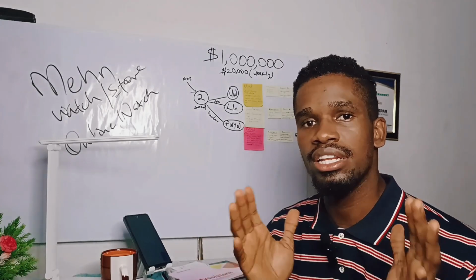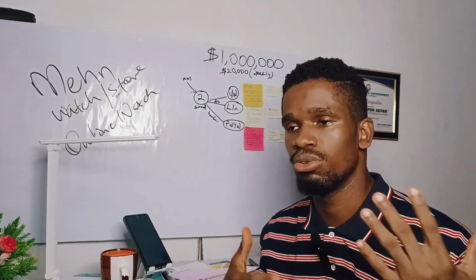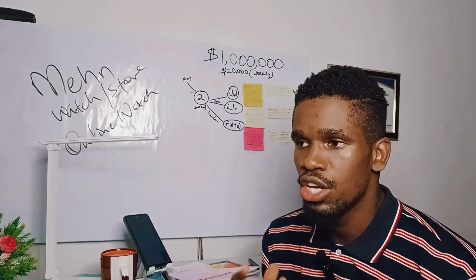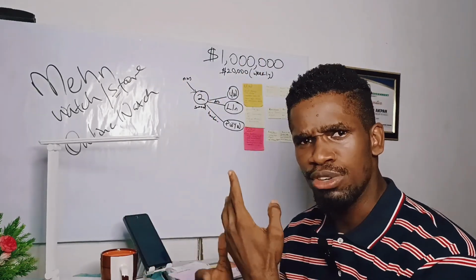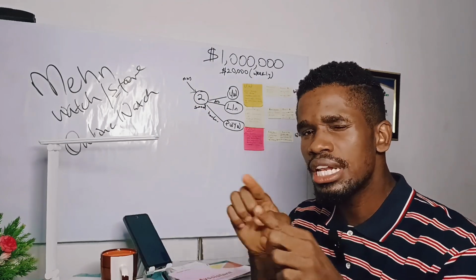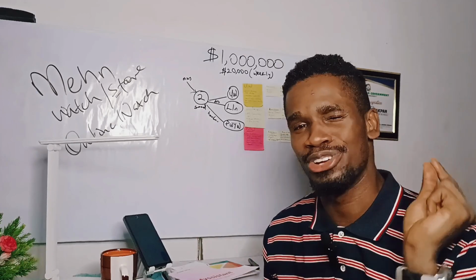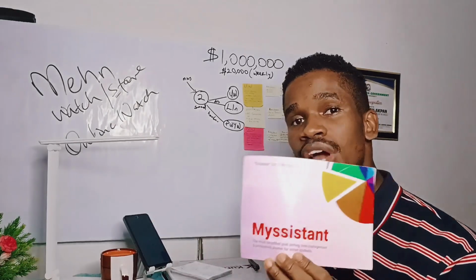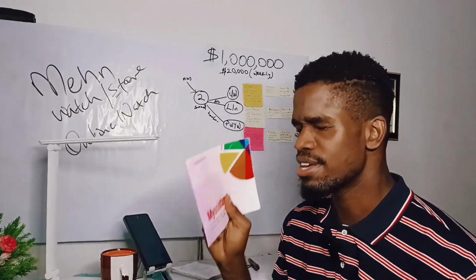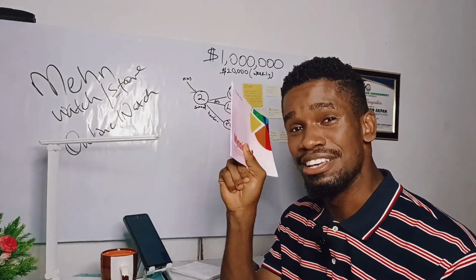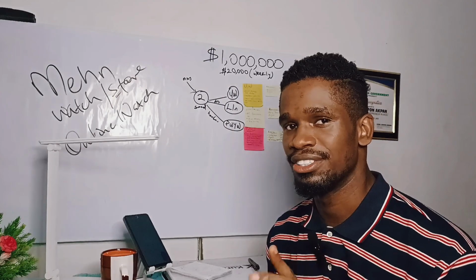Now, most times we learn these things individually. You watch this YouTube video, you read this book on goal setting, you understand goal setting, you understand time management, then you know what it means to be productive. But you have issues linking these three things together. Trust me on this one. This book will show you how to link all of them together and have the most efficient life you can ever imagine.